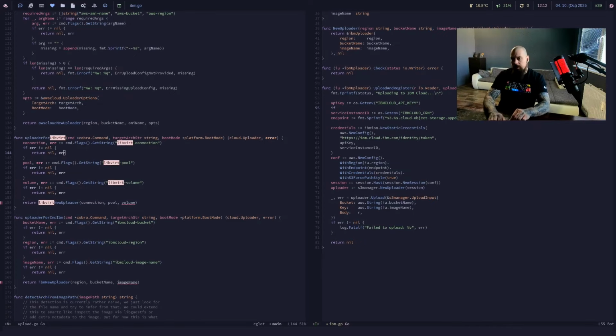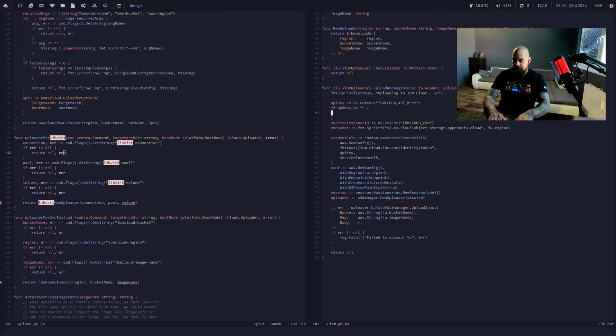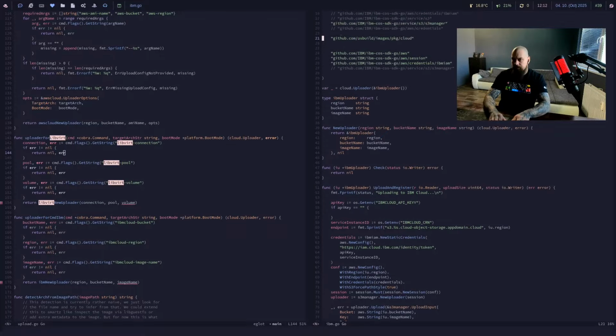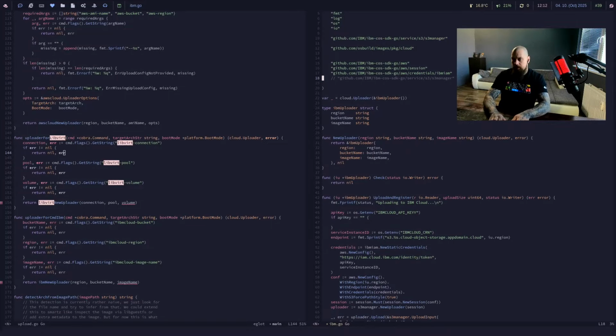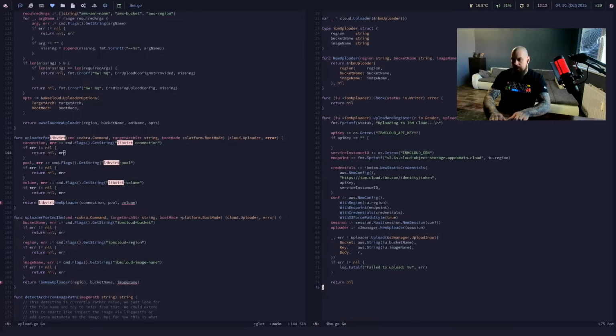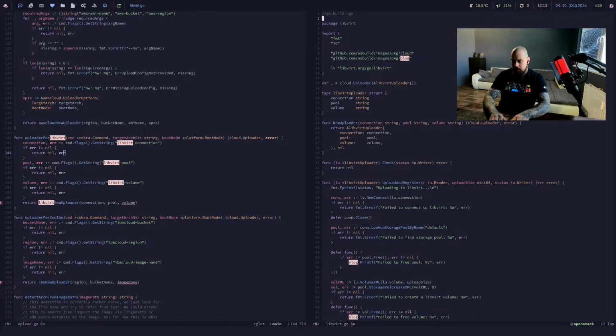So we should probably do something like if API key is empty string. I think the syntax was like this. Oh, by the way, here shouldn't be a fatal. We need to do something prettier. We need to do, oh, I can remove this, by the way. We need to do something that other uploaders do. So for example, libvirt, if there is a failure,